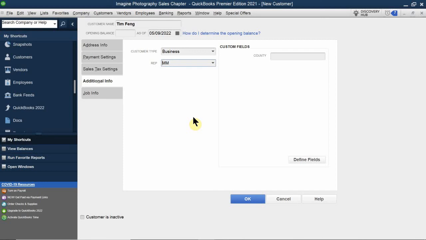So that you can run your reports to see, okay, this employee had that many sales versus this employee had this many sales. Okay, so which one gets a higher commission or which one gets a bonus, there's means that you can use this sales representative section right here. So in this case, the book just tells you Mike Mizuki. Okay. Now, if you remember defined fields, we got the county, and the county here is going to be Santa